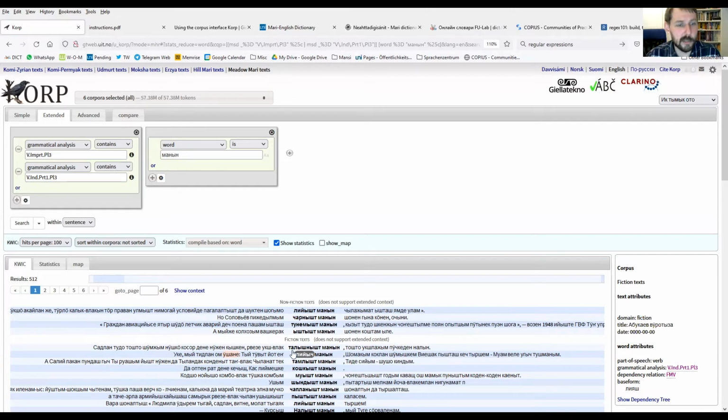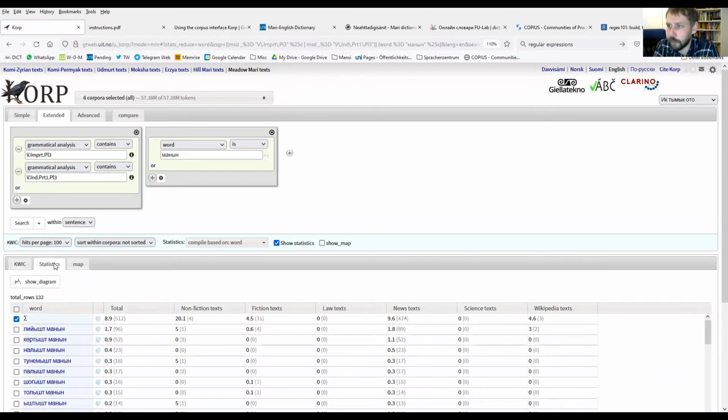Well, you do. So what you could do now is look at the statistics, and you need to know some Mari to be doing this, but we can now look at what the most common collocations are. We have here liashtmanen, from liash, to be, first conjugation, kertash, to be able to, first conjugation, nalash, first conjugation, to nemash, first conjugation. And only here we have the second conjugation verb. So we have a lot of very commonly used verbs here from the first conjugation. Unfortunately, we don't have tagging for conjugation class in the base forms. So you can't just say, I only want to look at first conjugation classes, but you could say,